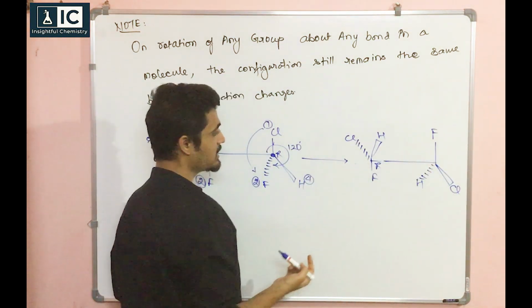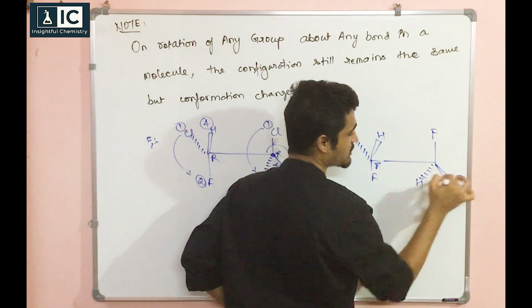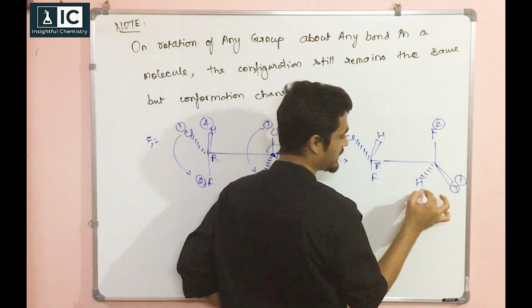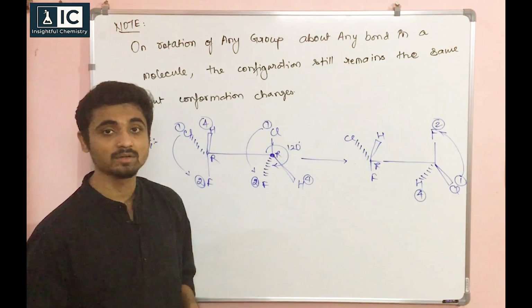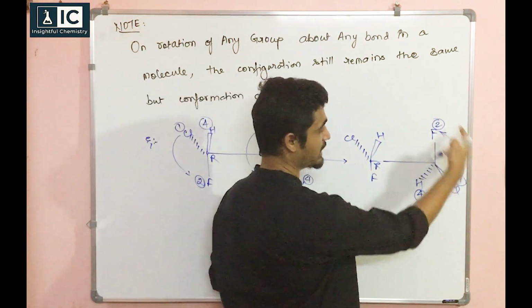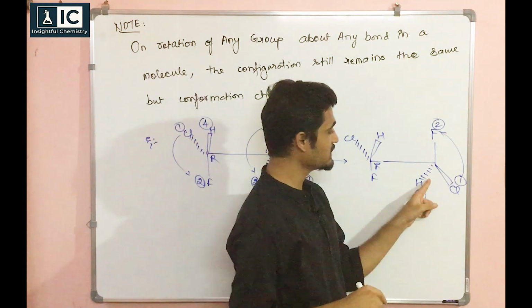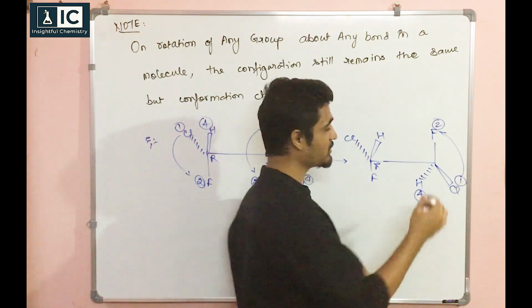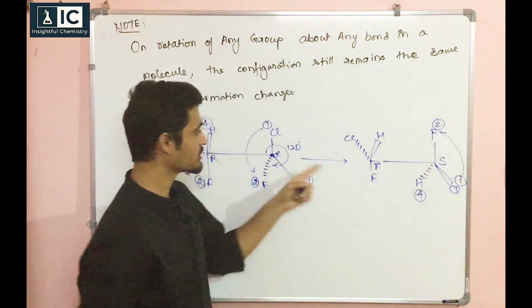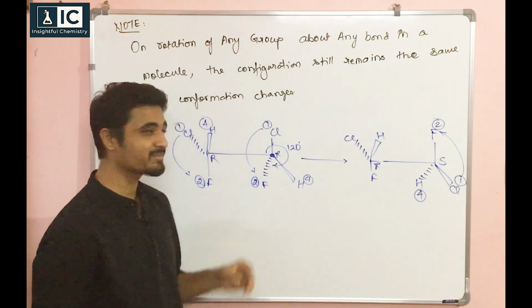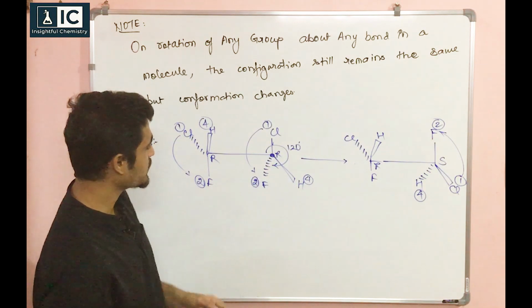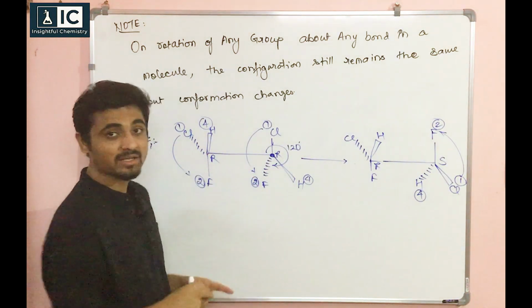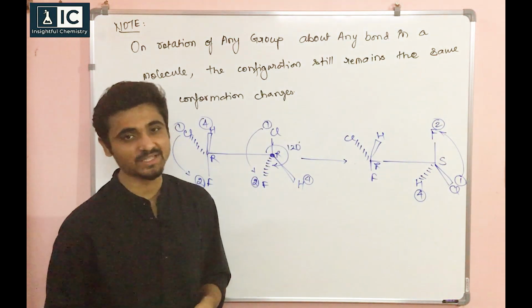What about this one? Same, this is chlorine 1, 2, and this will be 4. So 1, 2, 2, anti-clockwise. So this becomes anti-clockwise, it should be R, but this is a dash vertical, so it will be S. It should have the same configuration, so where is the mistake? I think I have made some mistake. Let's check this one. Can you tell me? I have made some very silly mistake, right?